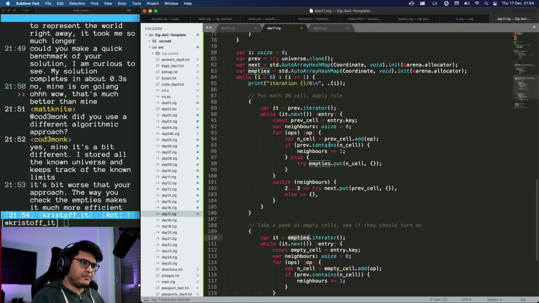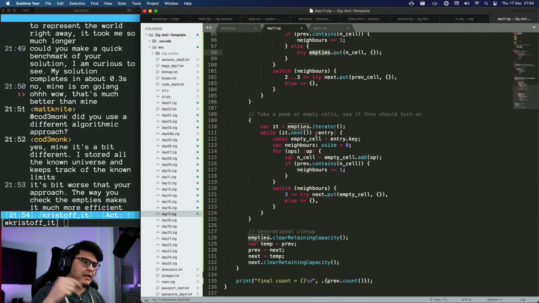So this allows me to collect a cutoff around each turned on cell and put it in a temporary place so that I can check it later, and that solves the problem of not having these coordinates represented anywhere in my